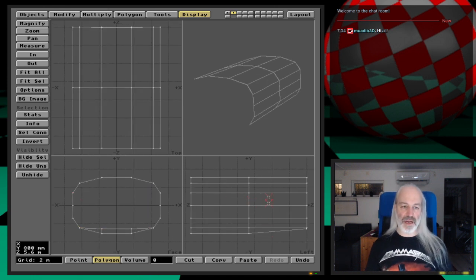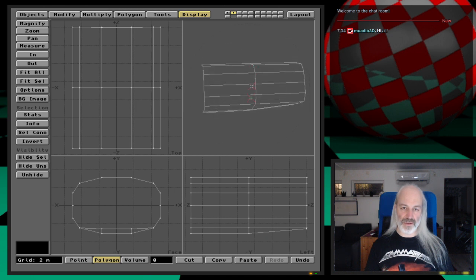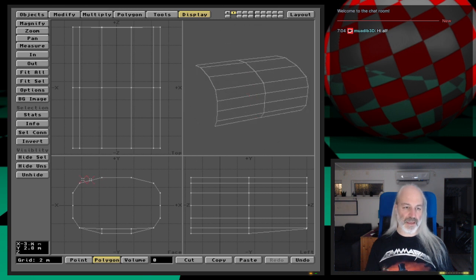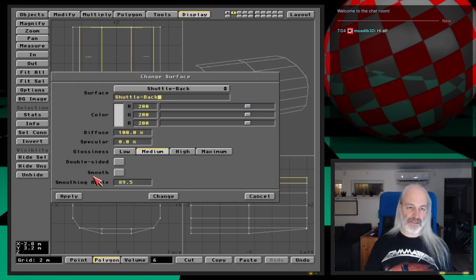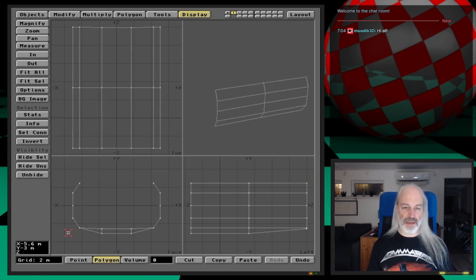And now I have my body here, the body of the shuttle. And I can also divide that into, let's say, shuttle top, and hiding,